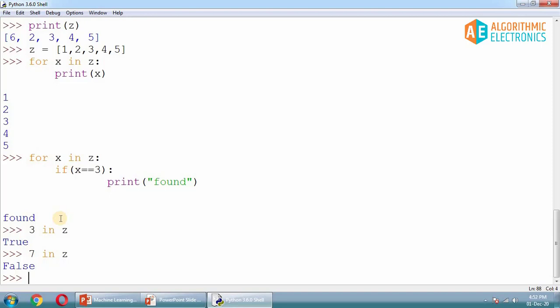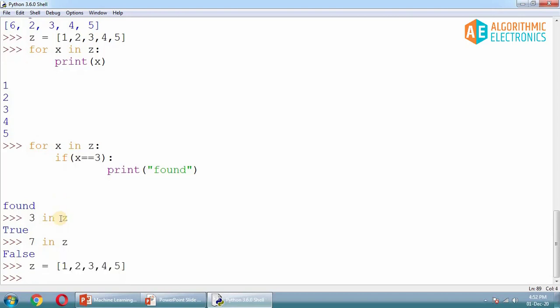Now the next important thing. Whenever you declare arrays in other programming languages like C, you calculate the length of the array by using some for loops and counter variables and so on. Here, finding the length is very simple. By using the length function, you can calculate the length of this list. For example, you have this list z equals 1, 2, 3, 4, 5, and I want to count the number of elements inside the list.